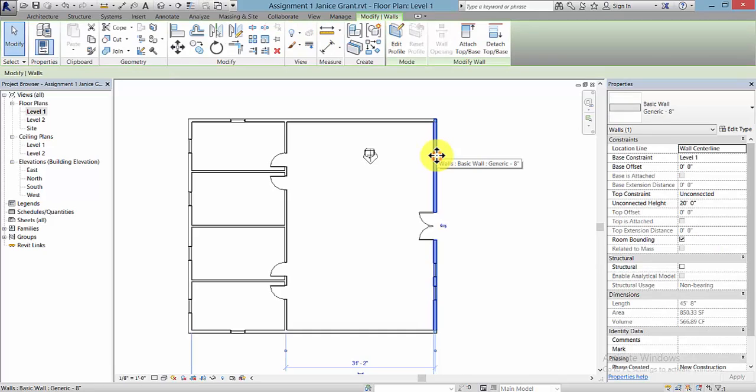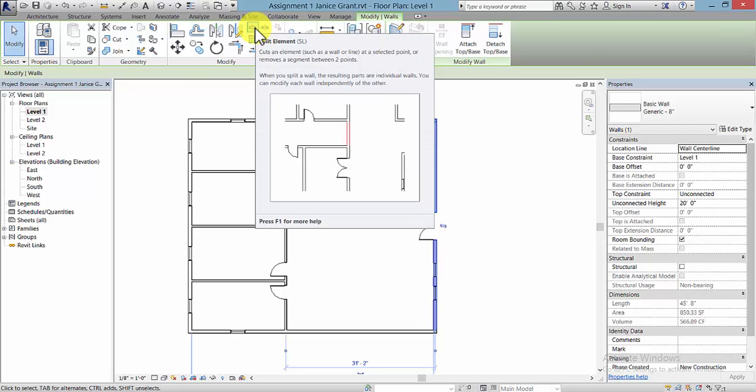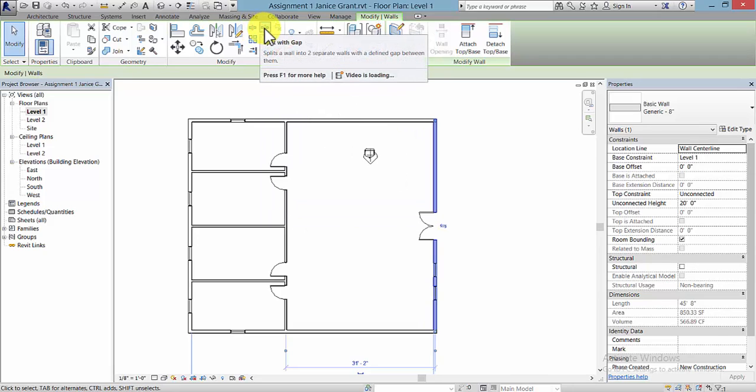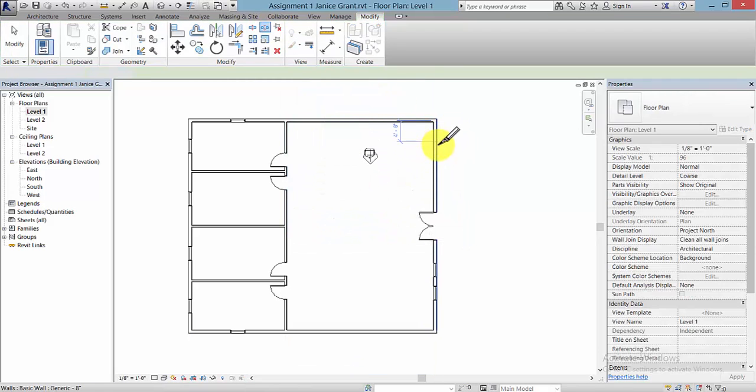So if we select the wall, and then in the modify panel you can see that there are two ways that we can split the object. If you watch the little video, you can see if you split element, the element there disappears. If you split it with a gap, then you have a little gap and you can swap out that wall. So we'll pick split with gap, and you can use your temporary dimensions to get it exact, but here I'll just pick here and here, and then use my escape